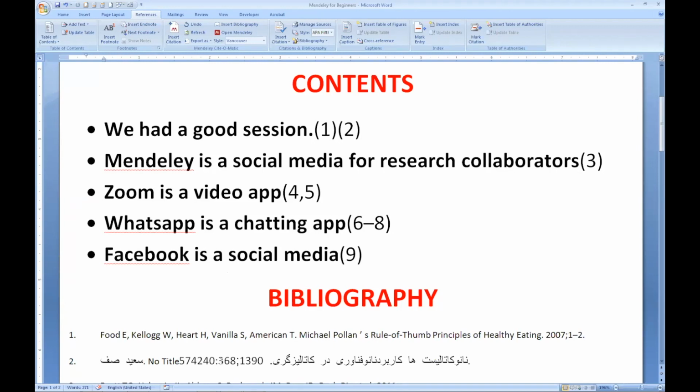Preeta Ashok has asked, is the Mendeley Word plugin compatible with all Microsoft Word versions? Yes, generally all the recent versions, I think after 2003 or 2005, it will work with every Word. I don't think it will be a problem. It will work. Whether all these can be done on Android?